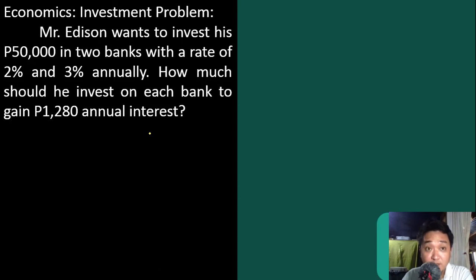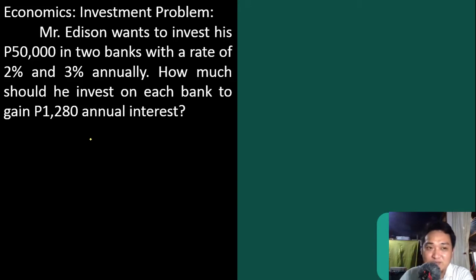Okay, so here we have another problem. We have a problem that has something to do with investment problem. And let us first read the problem. Mr. Edison wants to invest his 50,000 pesos in 2 banks with a rate of 2% and 3% annually. How much should he invest on each bank to gain 1,280